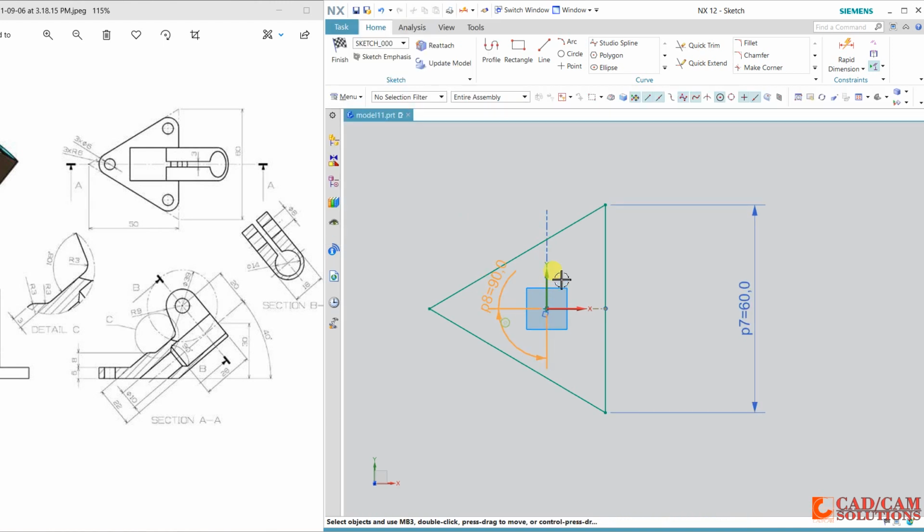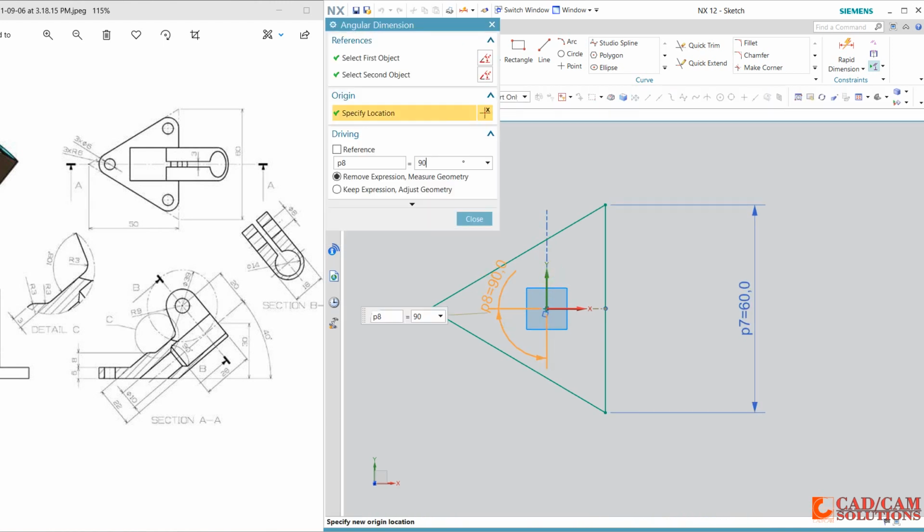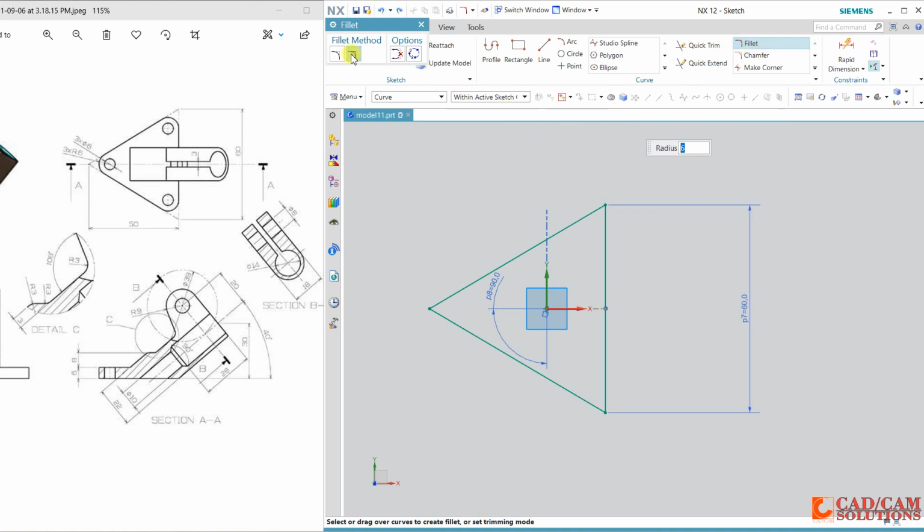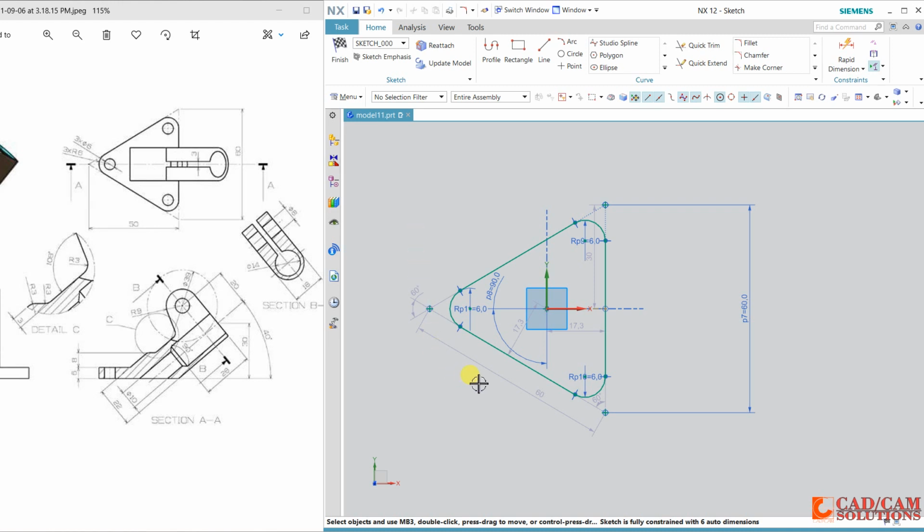Close. Define this angle, 90. Now some fillets are there. Three fillets, radius 6. So select this fillet, radius of 6. I have to select this mode to trim, and 6 is the radius. So this is my geometry.